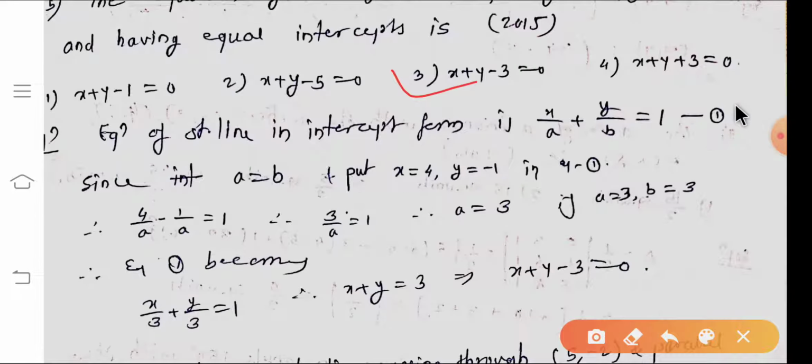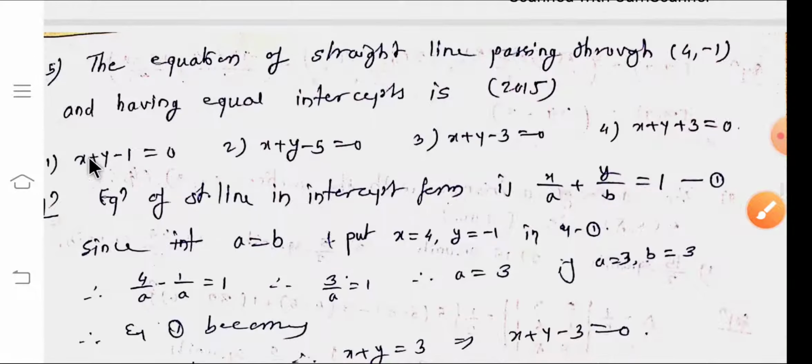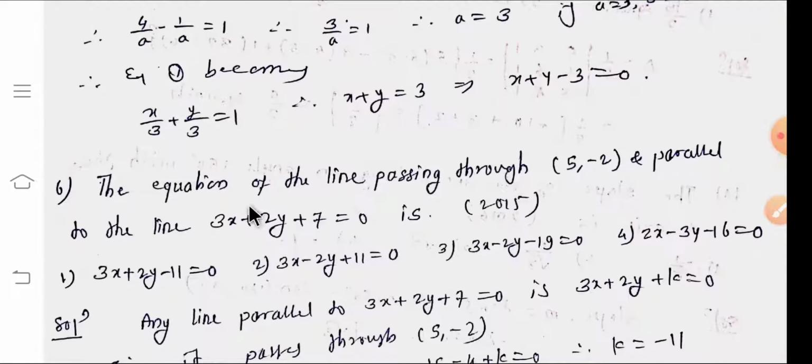So better, whenever a point is given, we have to substitute that point in these 4 equations and check which satisfies the given equation, that is nothing but the right answer. Remember this one. Next, the equation of the line passing through 5 comma minus 2 and parallel to the line